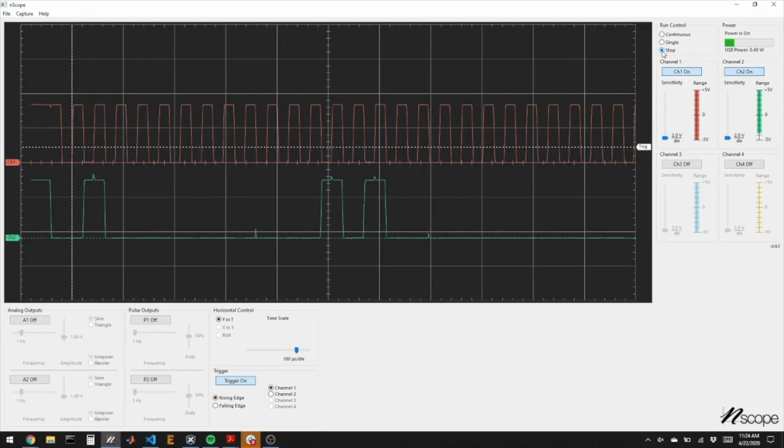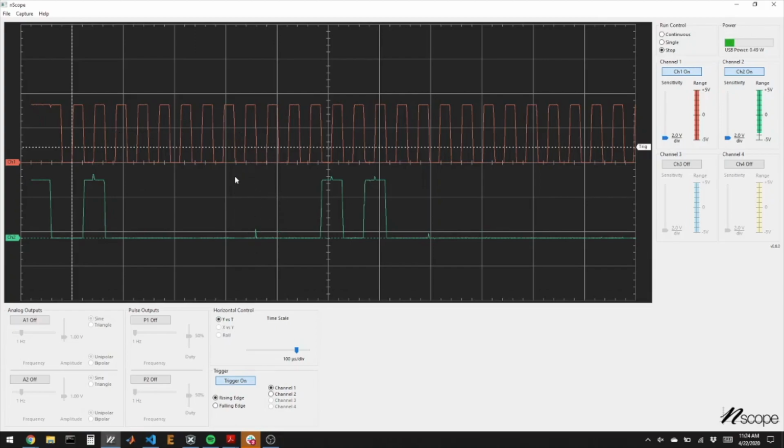Stop it really fast. So we can see the clock is coming out. This first clock has the start bit, and then the next 8 pulses would be the data that is in this packet. Then the device is going to send an acknowledge bit back that says, I received those 8 bits,